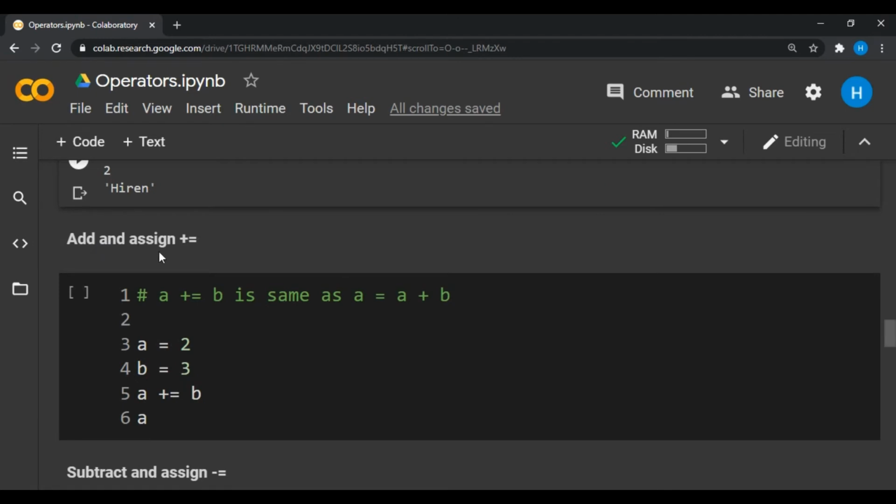Our next operator is add and assign. It is represented with the plus and equal to sign.